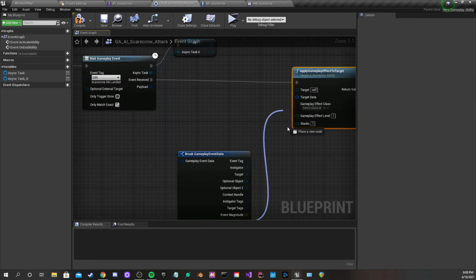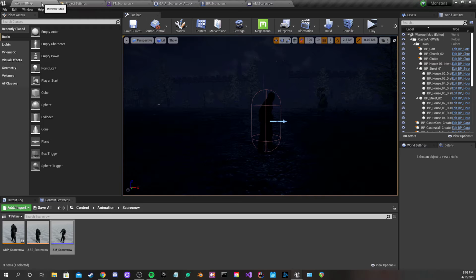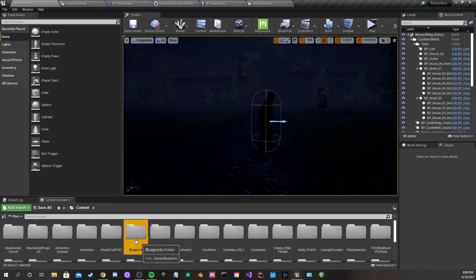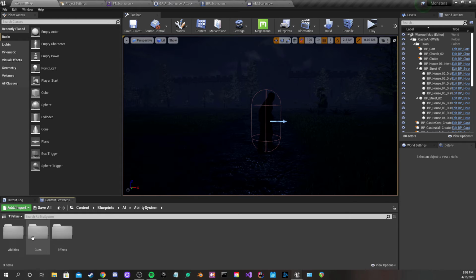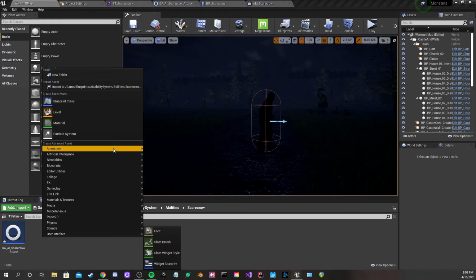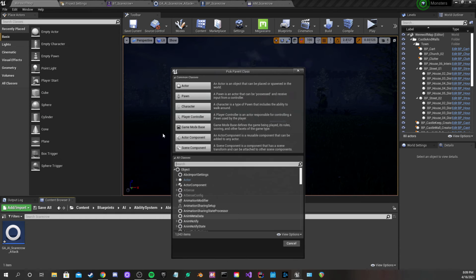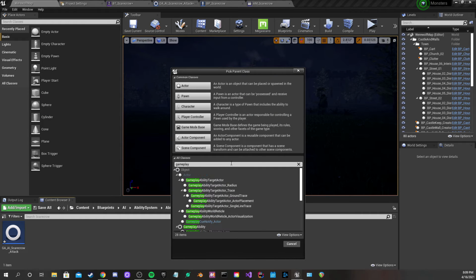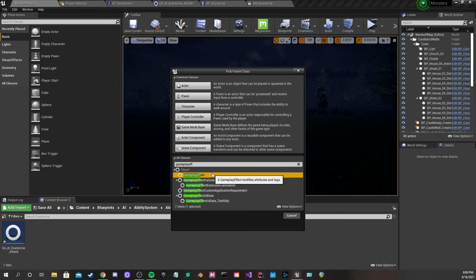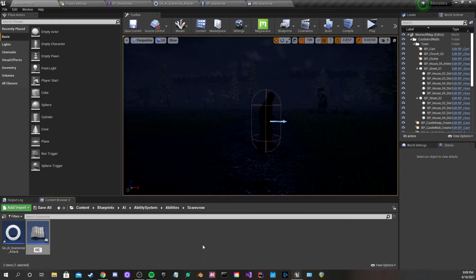All right, so let's see. So we'll plug that into the target data, and we need a gameplay effect class. So yeah, let's call this. Oh, we need the gameplay effect, and we'll call this